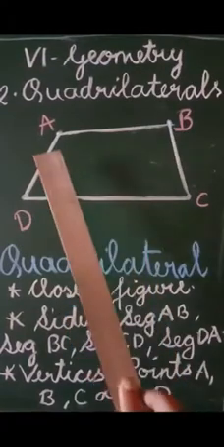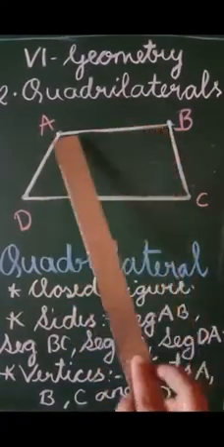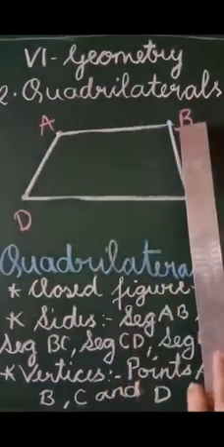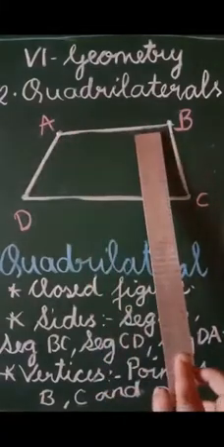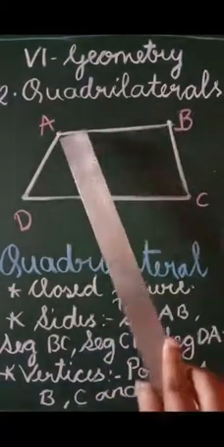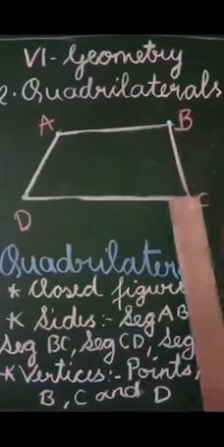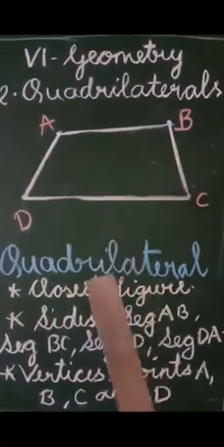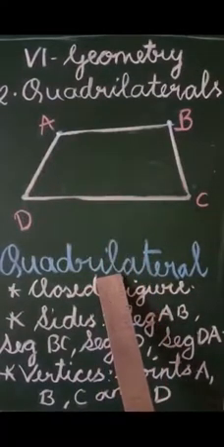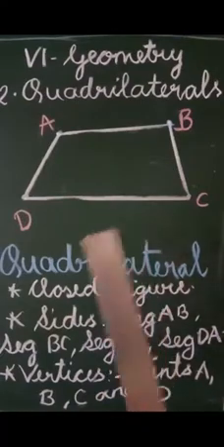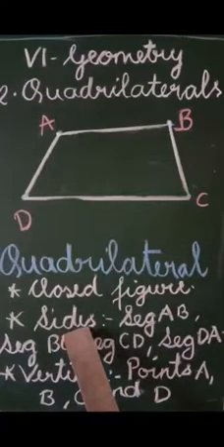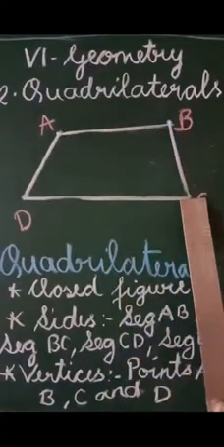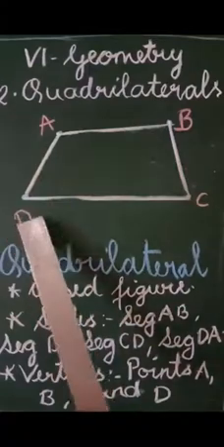Okay, now just look at point A and point B. Are we joining it? Yes. So when we join point A and point B, are we getting a line segment? Yes. So in this way, in total we are having 4 line segments. Yes, and these 4 line segments form a quadrilateral, and these 4 line segments are called the sides of the quadrilateral. They are seg AB, seg BC, seg CD and seg DA.